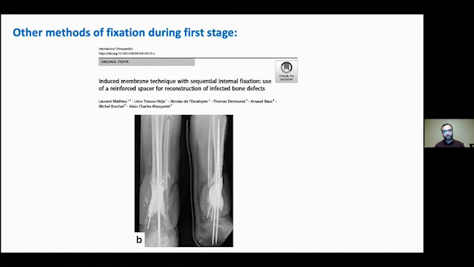There are other methods in literature of fixation during the first stage. Some reported very good results with the sequential internal fixation, as they apply intramedullary wires to hold the bone with the cement, the proximal segment and distal segment of the bone with the cement, to avoid the complications of pin tract infection and X-fix, and allow as well, if there's any soft tissue damage for reconstruction by a plastic surgeon, they would have the freedom to work around the limb without the